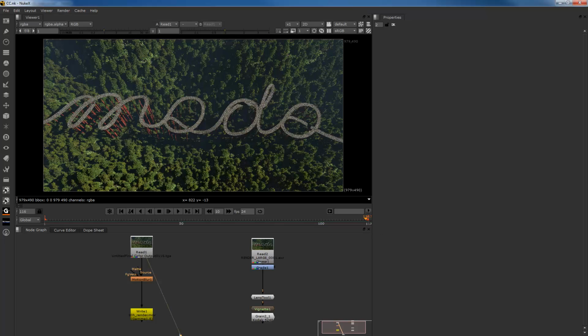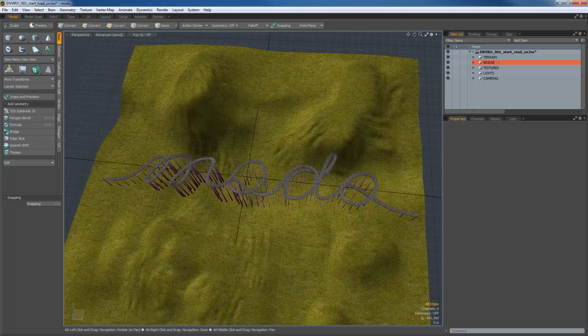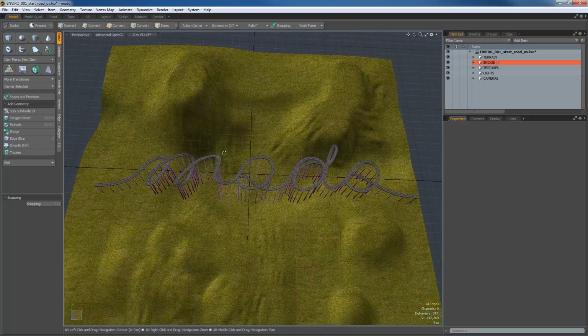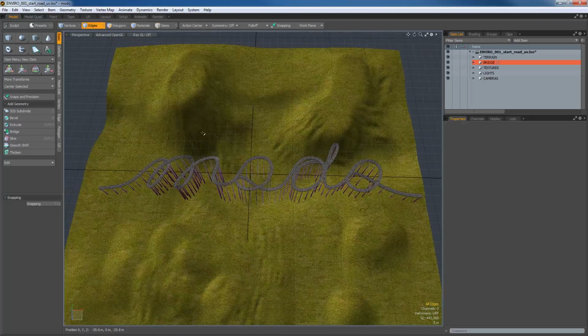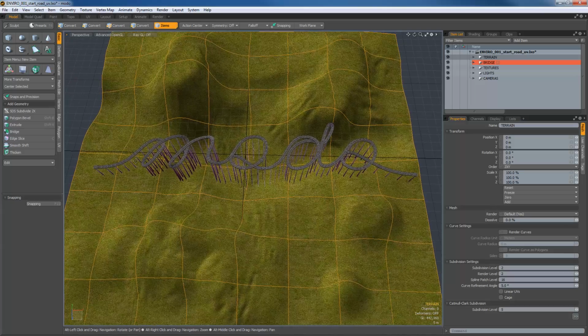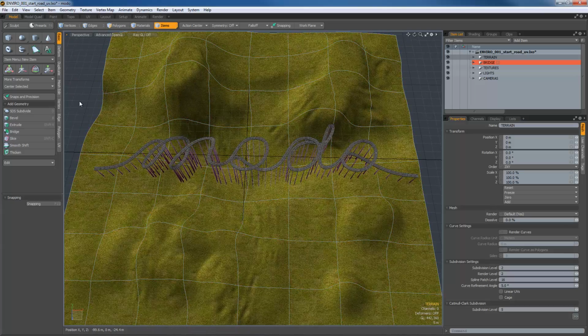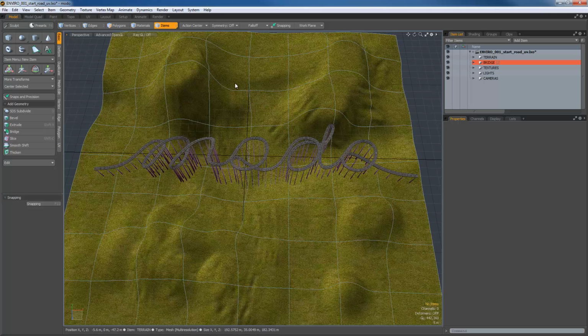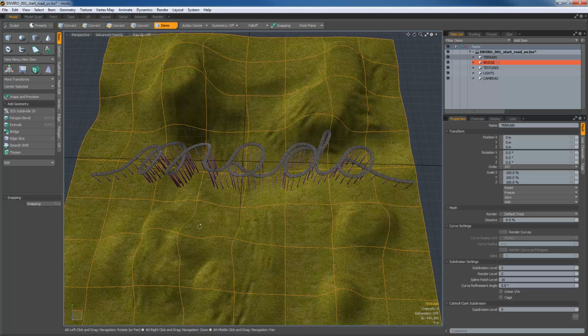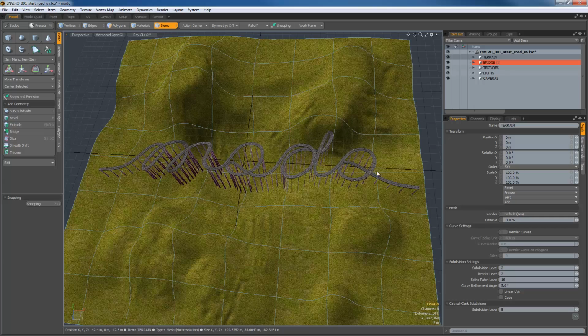So let's explore the scene, or the beginnings of the scene right here. Here I have a few models that are coming into the scene, and that is namely the terrain itself, and then the bridge that spells out Modo. If I select the terrain, you can see that the wireframe is fairly low res,